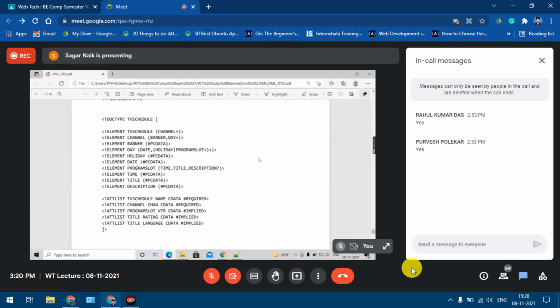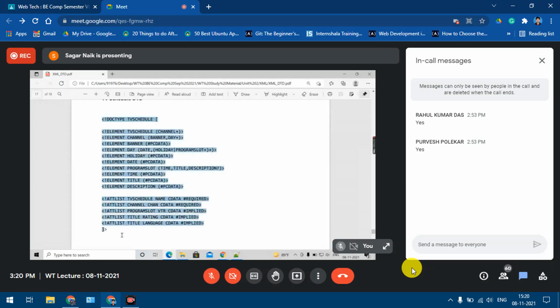Given the DTD, write an XML file. Just now I took an XML file and from it we wrote the DTD. So even this kind of question you might get. If I ask you to write a valid XML file for this DTD, you'll be in a position to write it, because nothing is difficult in this.